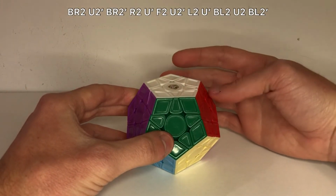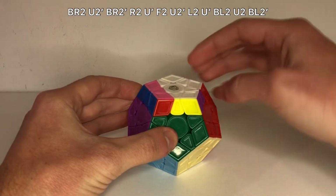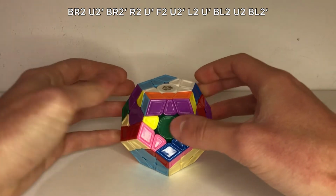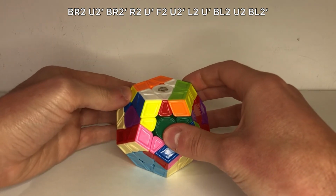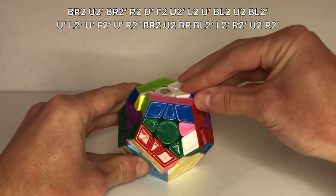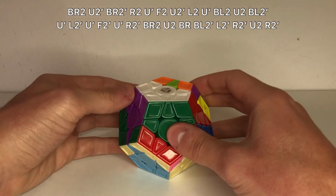So back right 2, so this is the back right layer, twice, U2 prime, back right 2 prime, R2, U prime, F2, U2 prime, L2, U prime, back left twice, so that's going down, U2, back left twice prime, so that's going up, U prime, L2 prime, U prime, F2 prime, U prime, R2 prime, back right 2, U2, back right, back left 2 prime,